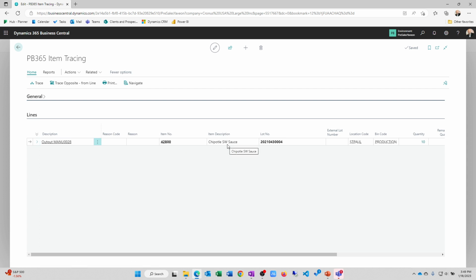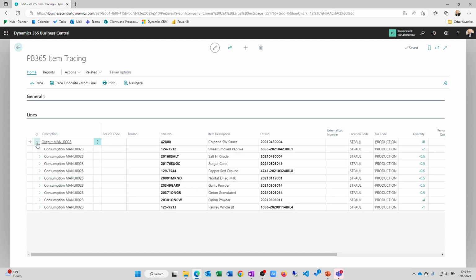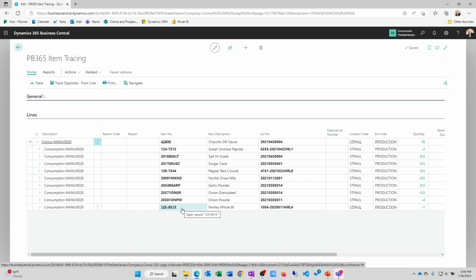So this is my finished good here, my output, my Chipotle sauce. There's the particular lot number. What I want to show you is that I can see what's remaining, who created it, when they created it, etc. As I open this up then, these are the consumption orders that were created or generated based on the manufacturing process. So these are the raw material components that went into the manufacturing processes, their associated lot